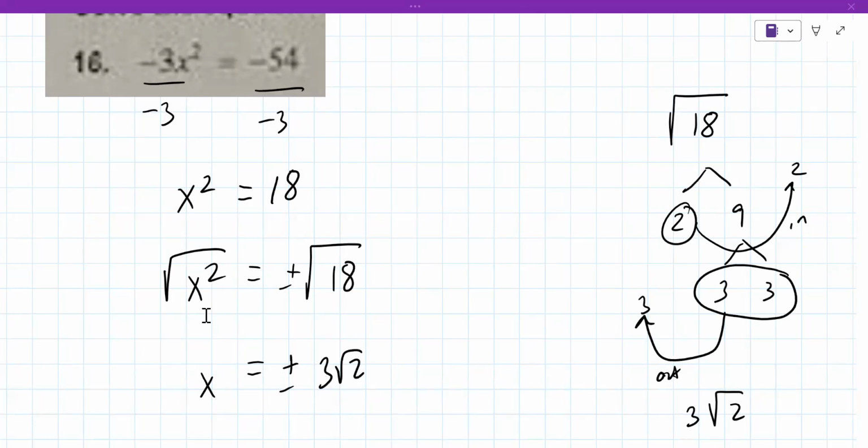Yeah, this is the solution. Okay. I think we should do another one like this. And then can we do 12 real quick and then go on to that? Sure. So 12, I had suggested that